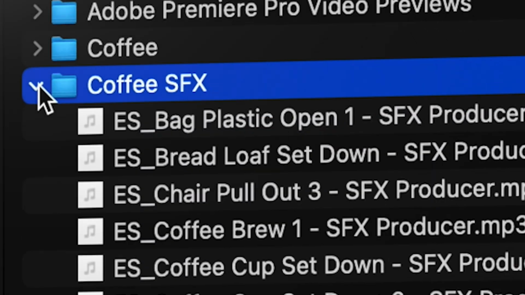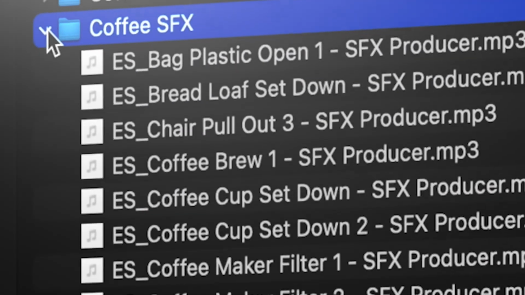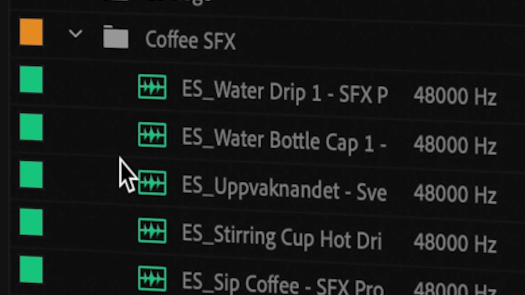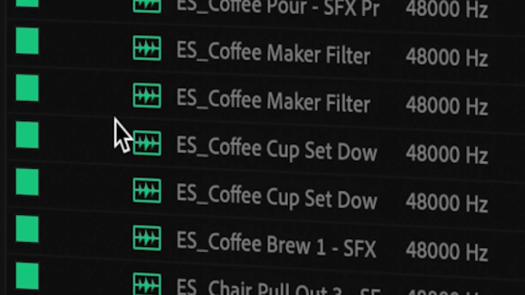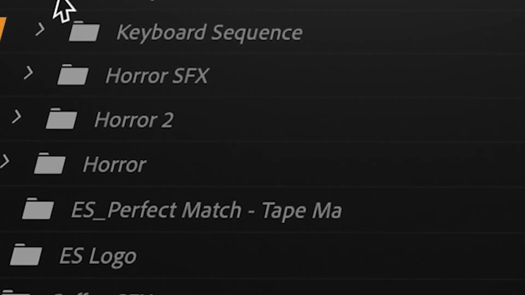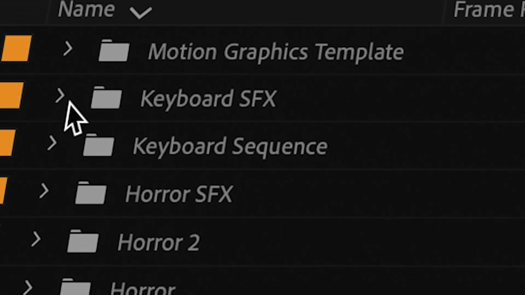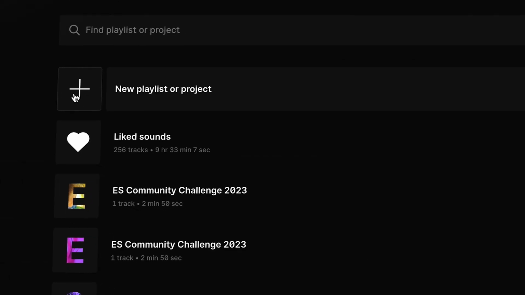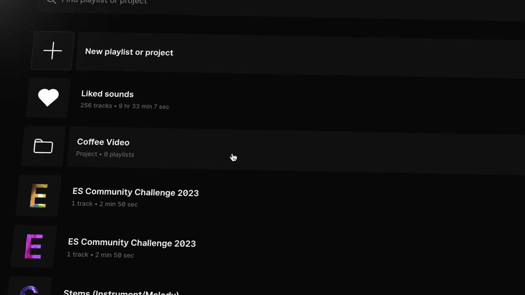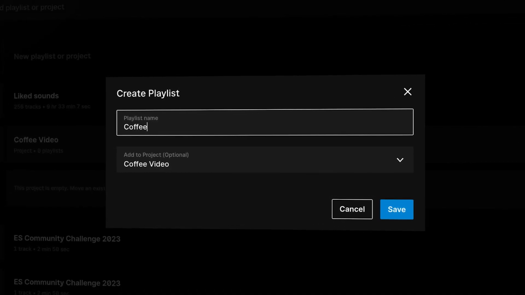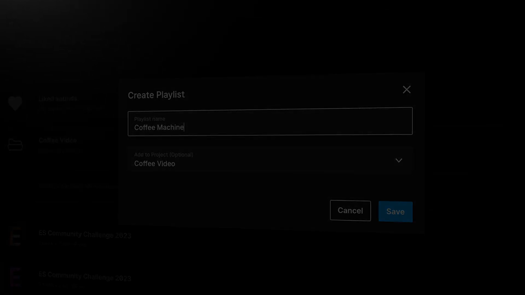Something that I recommend is to definitely make folders for all of your sound effects, especially when it's a bigger sequence like this. And you can do this in multiple ways. You can do one big folder, which is a little bit messy, but that's the way I do it. Or you can split it up into subfolders, which will save you even more time. You can even create projects and sub-playlists in Epidemic Sound, which will help you get organized before you even start your project. And once we've got our sounds and everything's organized, we end up with a video like this.